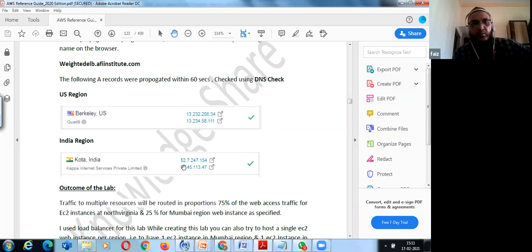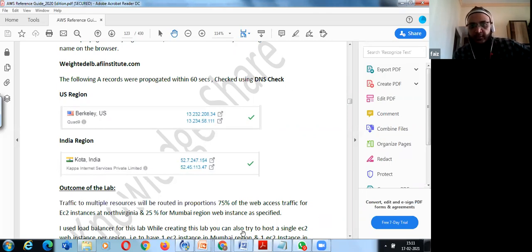That's the reason I have to check. I have to depend on whatever NS records and A records I'm propagating, and where it is propagating. I was checking it through a DNS check.